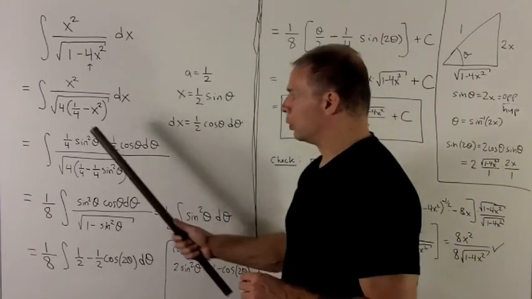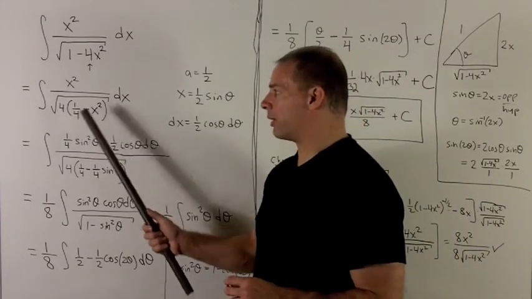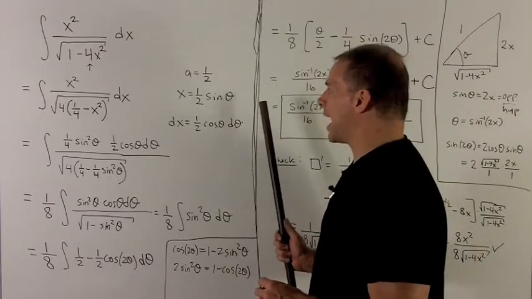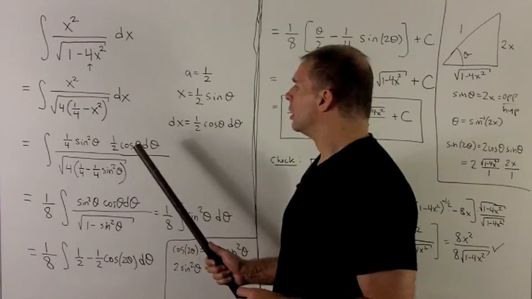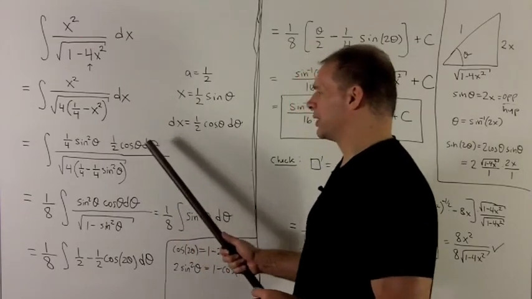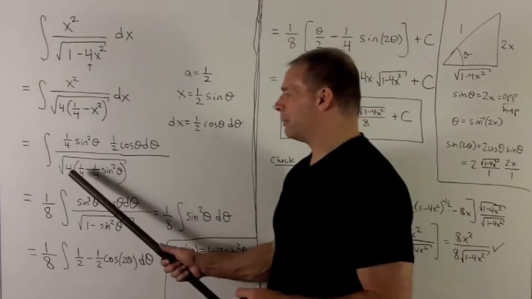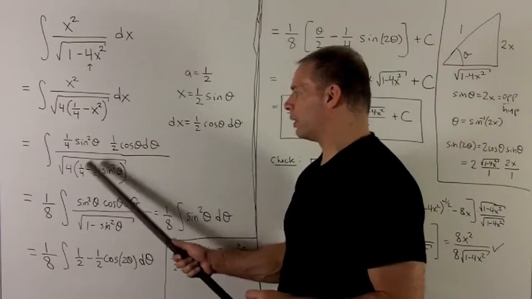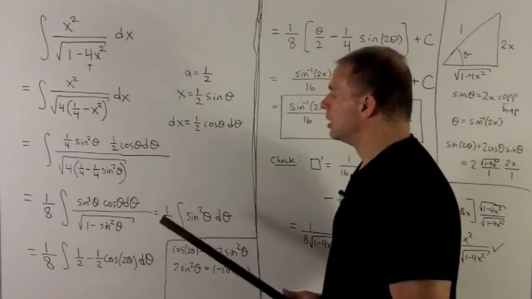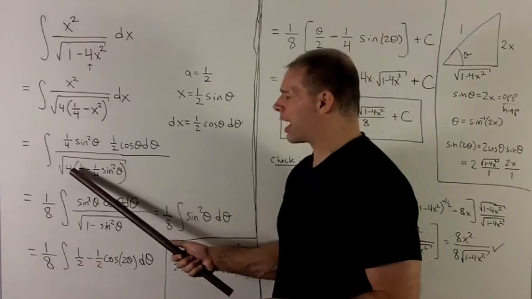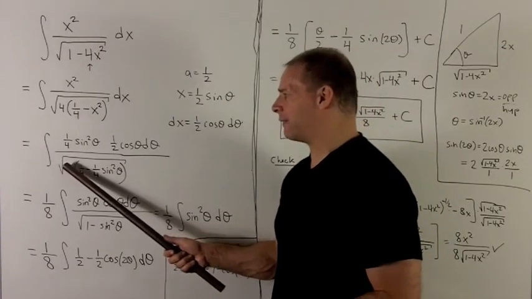So we'll leave the 4 in here because it's going to go away really quick. Up top, x squared becomes a quarter sine squared. Dx becomes a half cosine theta d theta. In the bottom, my 4 stays where it is, and we have 1/4 minus a quarter sine squared. So if you notice, I can factor a quarter out of the bottom, and then that slams into that 4